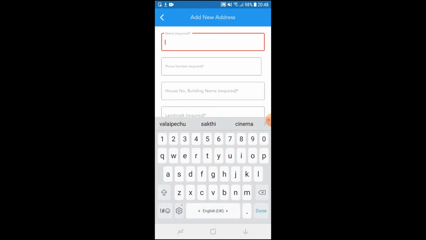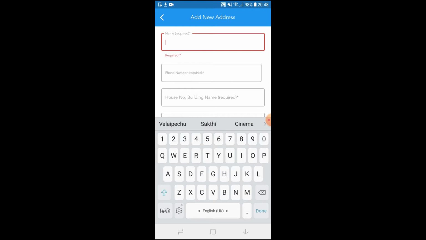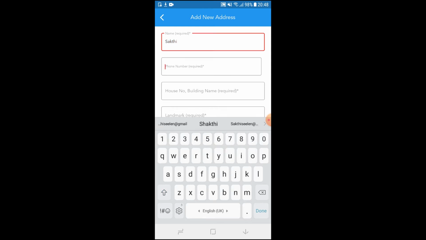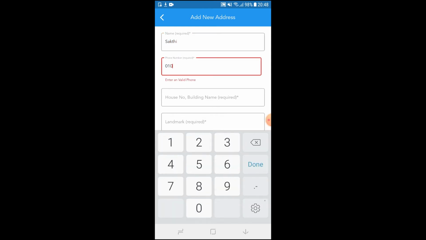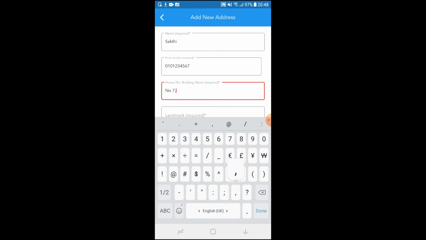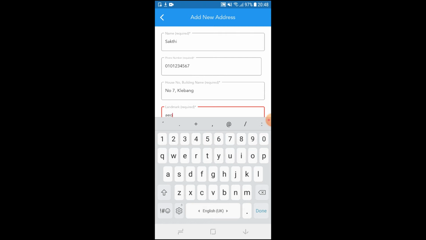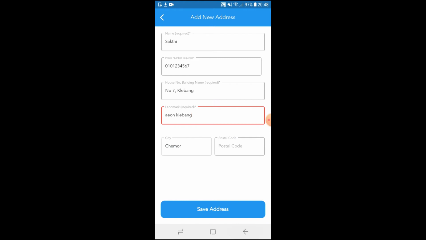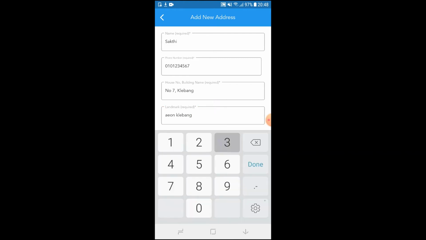First we need to set up our shipping address and the phone number, and then the house number, landmark, and then postal code.